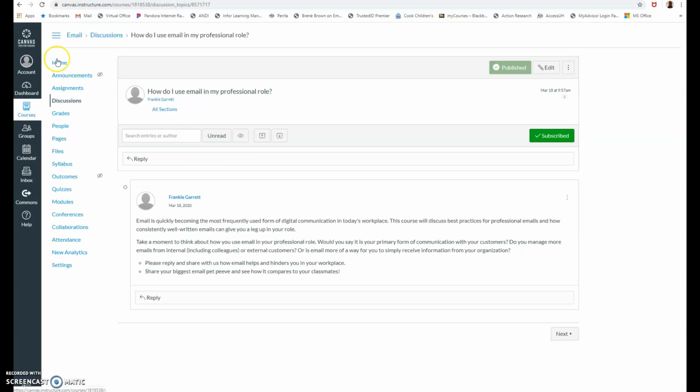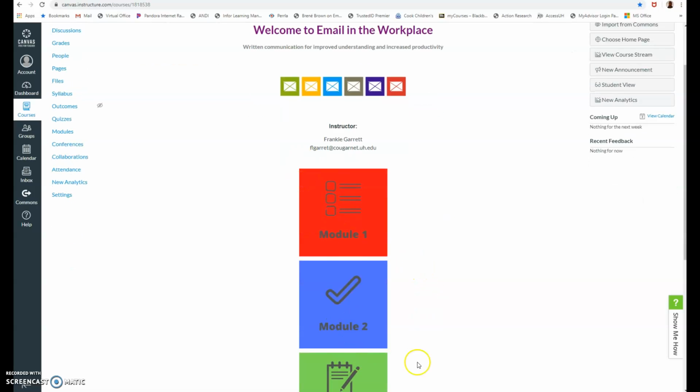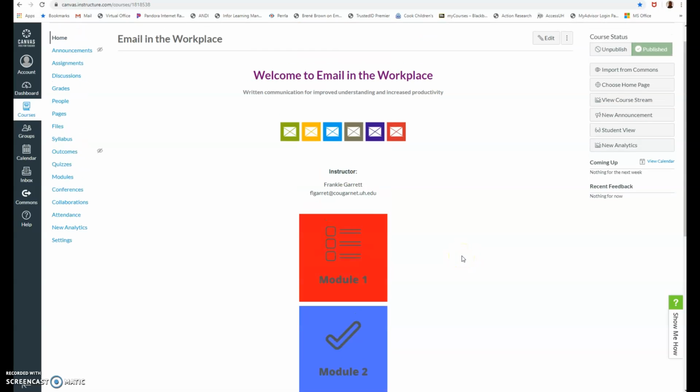So if we leave the student view and go back home, as you can see, I still have some editing to do, some content to add, but this is what I've been working on this week. The buttons are new. The assignment is new, and so I'm looking forward